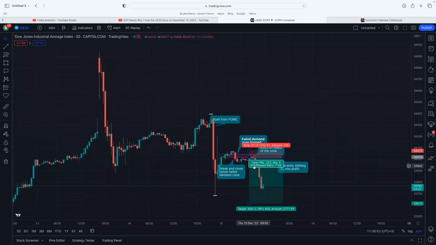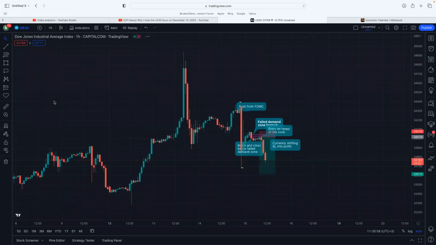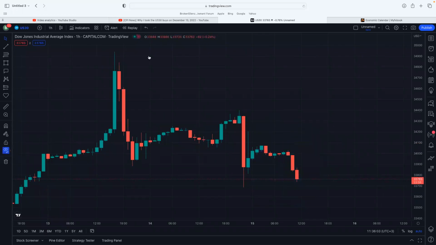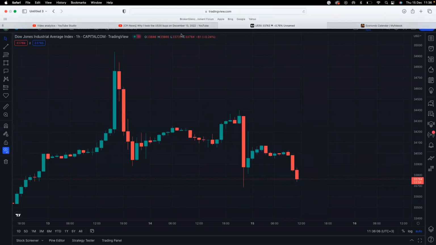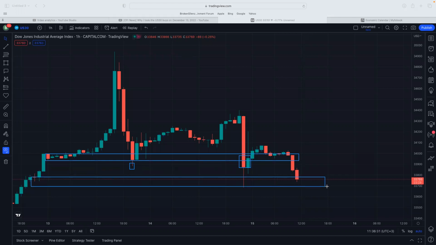So if we zoom in, of course, you notice that I've taken it from the 30-minute because of clarity. But if we jump into the 1 hour first, you'll notice that even from the previous summary that I did mention that the reason why we pushed higher here was because we failed to break and close below this point. But what you'll also notice is that this time we tried to break but failed to. But during FOMC, we did break this area. And so this gives me a hint that we might probably get a bit more downside. And then, of course, we did drop all the way down till this point.